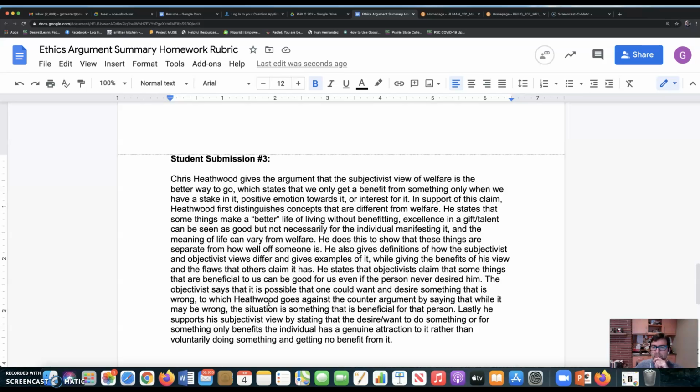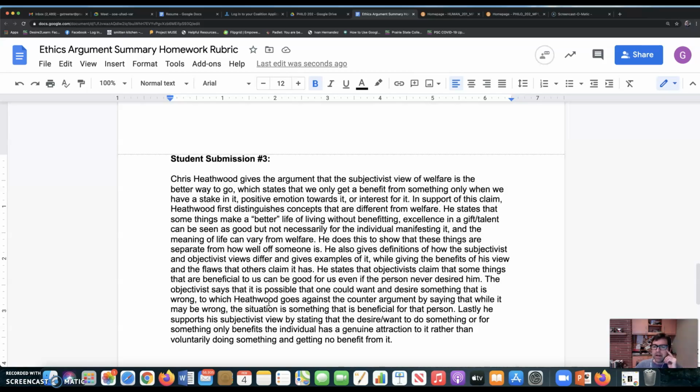And then it moves quickly to the second part of the summary, in support. So what supports the claim, right? Heathwood first distinguishes concepts that are different from welfare. That's a useful point. I think that's an important point. One thing to think about when you're writing your summaries is what's crucial to understanding the argument and what's sort of